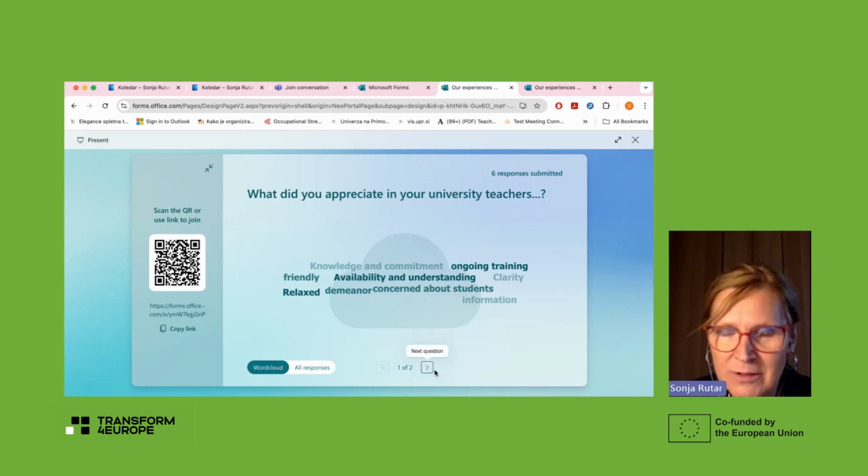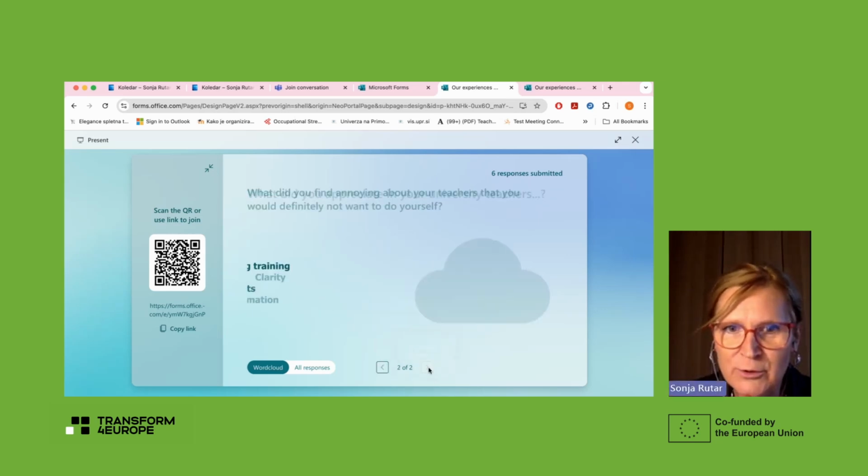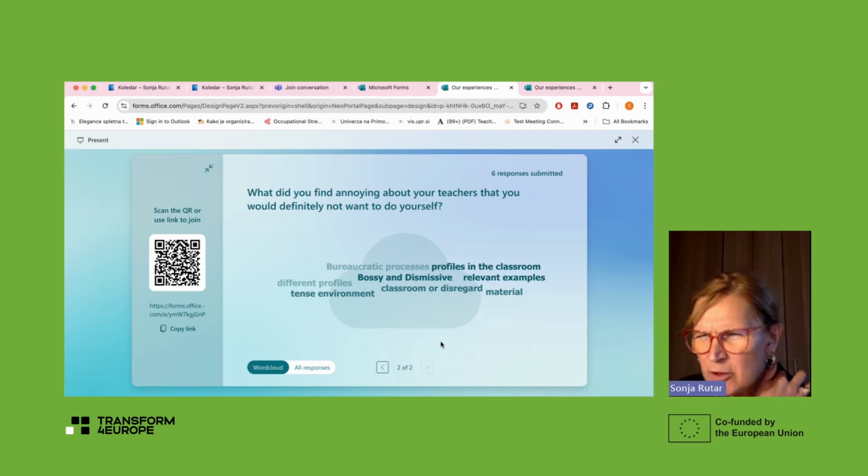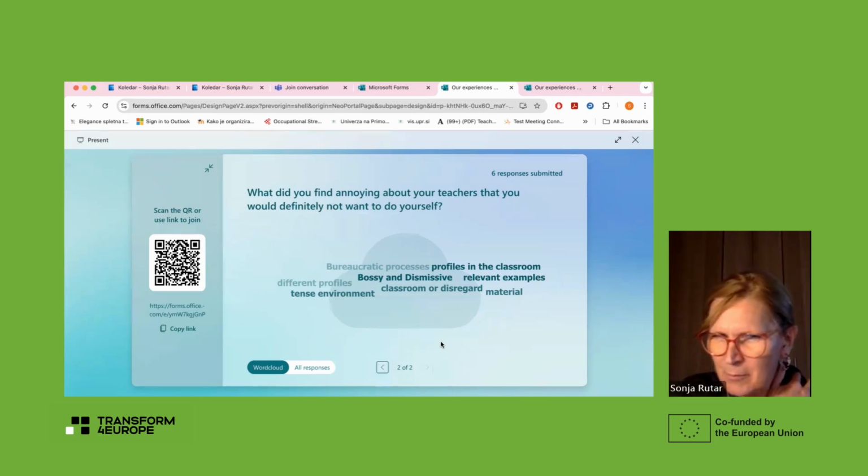And then what you really don't want to do as a teacher. Probably not relevant examples. Material classroom or discard, tense environment, different profiles in the classroom. Okay, well, as you see,